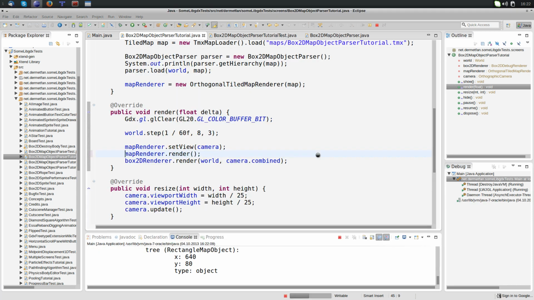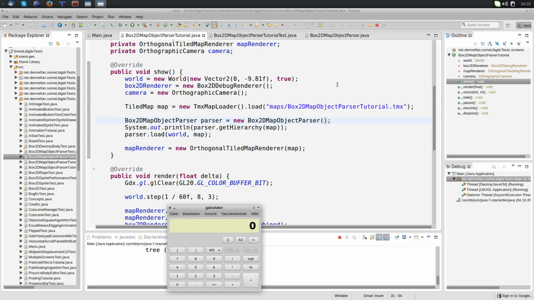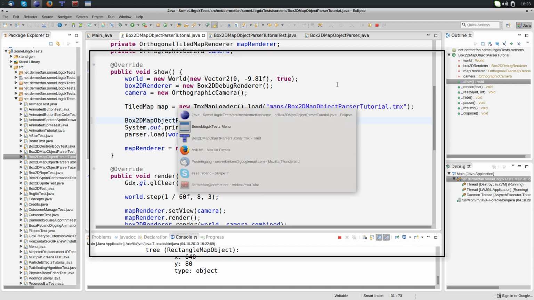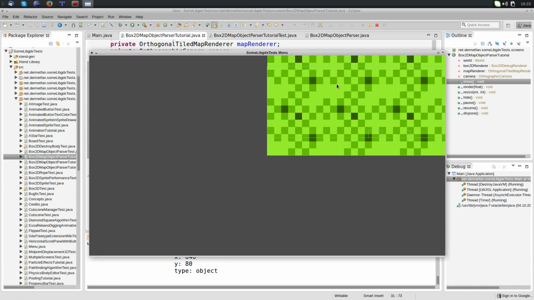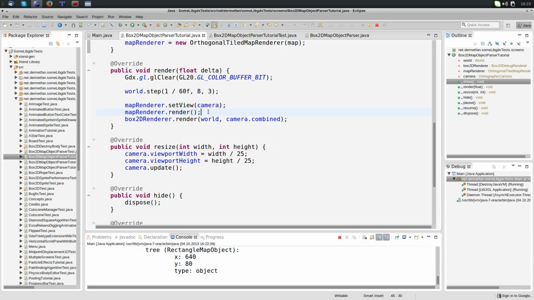because we can set a unit scale to the Box2DMapObjectParser like this. Take a calculator, and we'll say the unit scale is 1 divided by 32. This number comes out of it, so 0.03125f, that was the number. And we'll save this, we'll load this again, and now it is actually sized correctly, but you can't see it